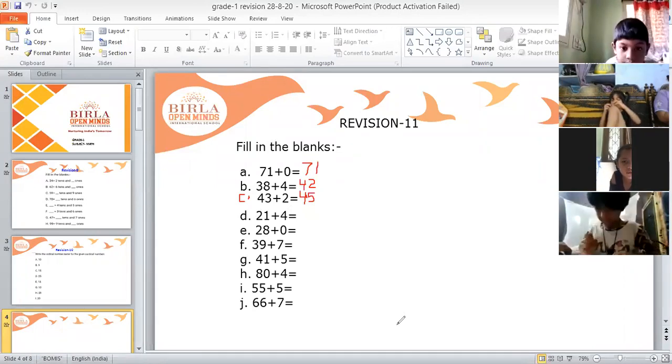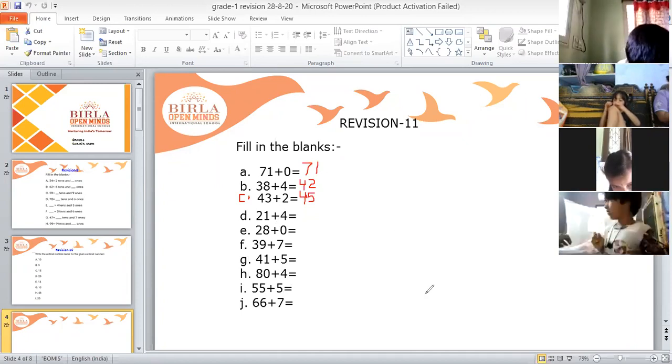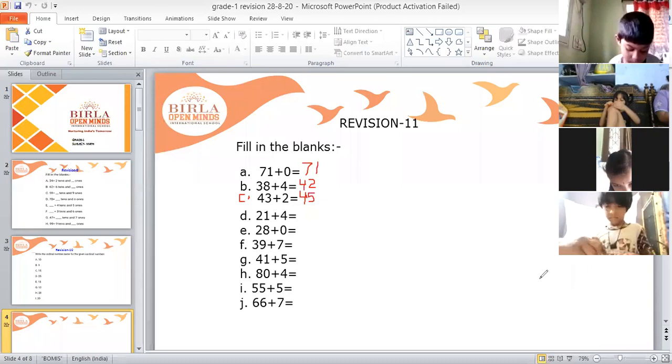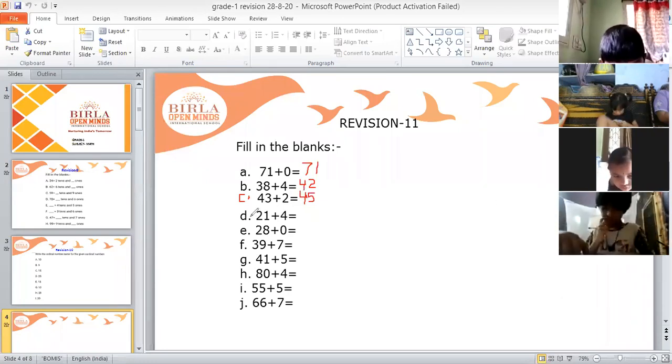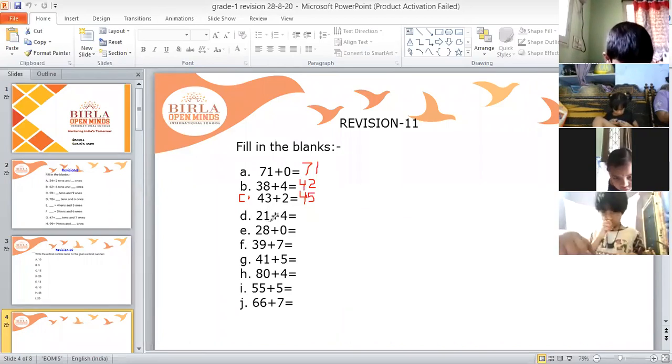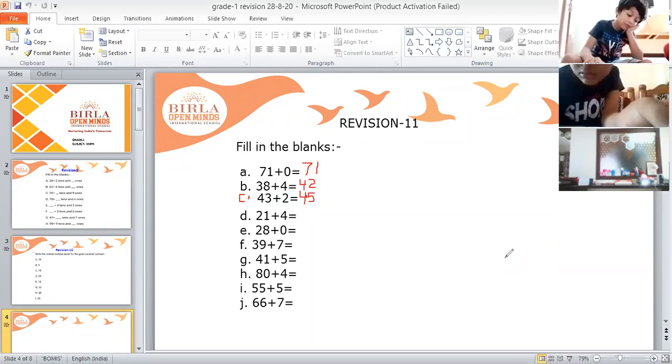This is 2121. See, after so many days you are attending class and then also you are not paying attention. Shri Shagvi, pay attention, okay? So now listen. Children, this is 21. Then we have plus symbol here. Then 4. So this is 21 plus 4. Now after plus sign, number is 4. So we'll count forward 4.